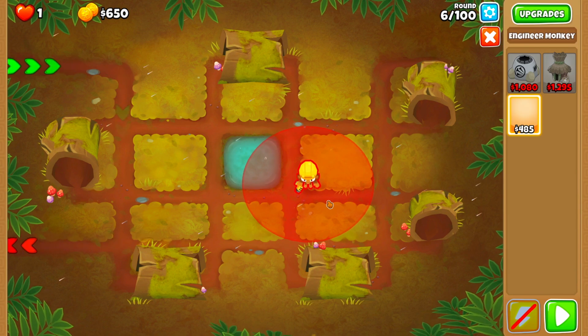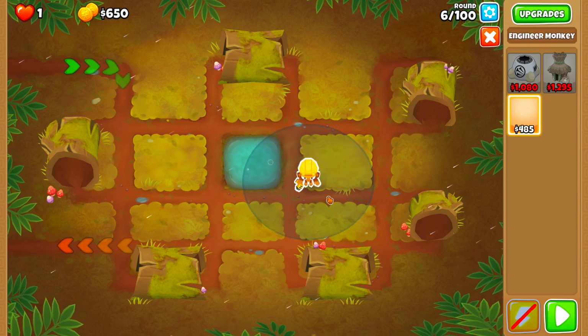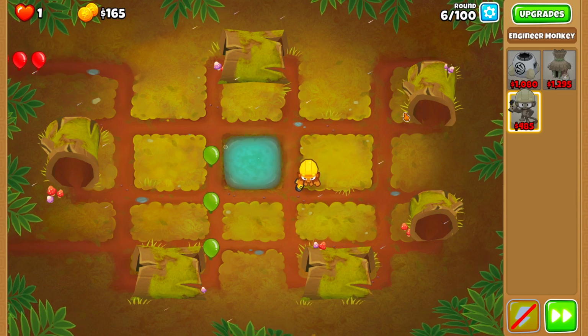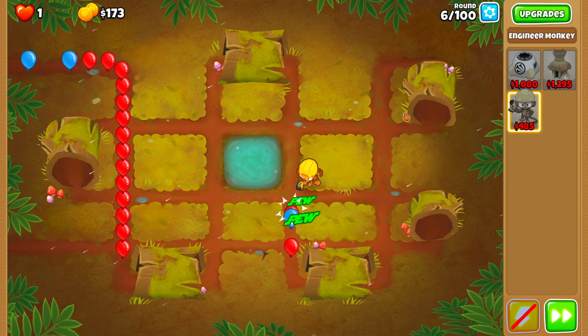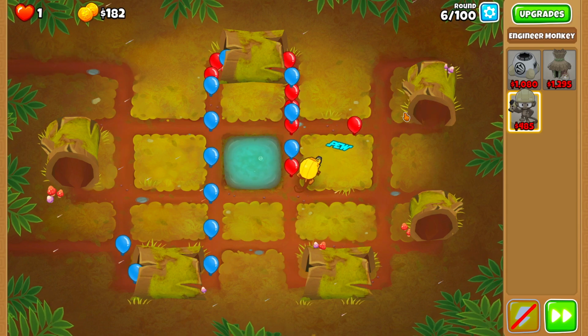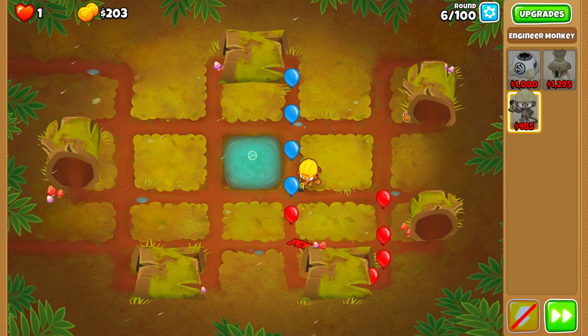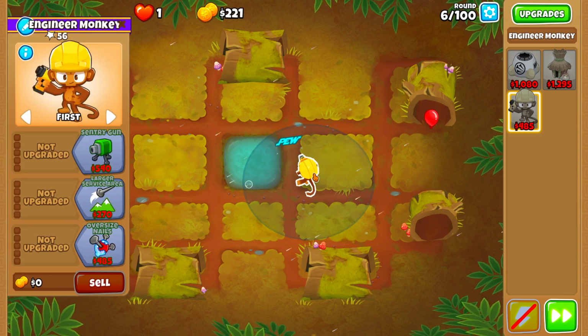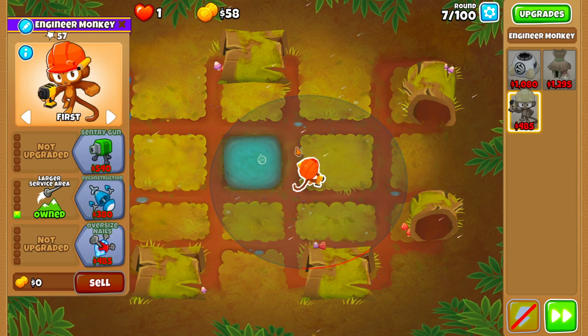Which is exactly why I chose to play on the map Bloons, because we need a little bit of help for this one, because we really don't have too much popping power here to work with. I mean, the engineer monkey isn't bad once you get him upgraded, but he's not a very good tower to start off these chimps challenges with. So guys, while we're saving up for our first upgrade, which is going to be the larger service area,